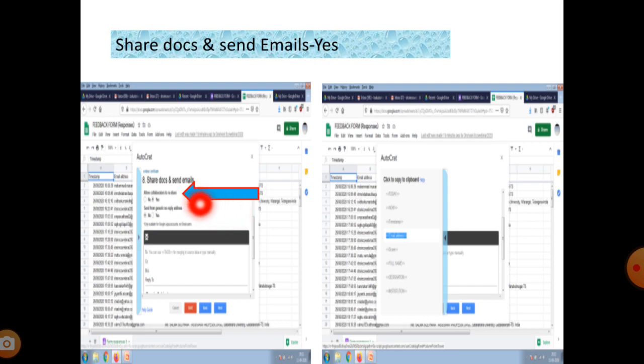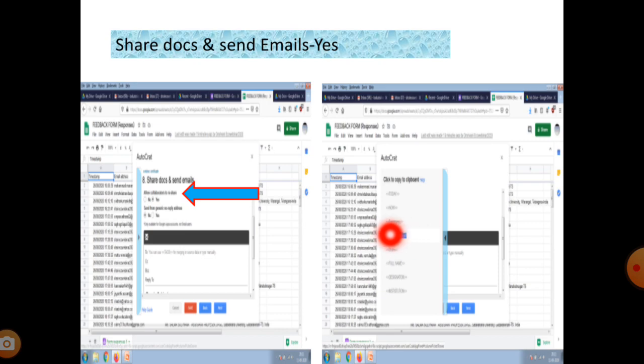In this, add allow collaboration to share. Yes, compulsory, we have clicked yes, add collaborations. Whatever information you have typed, share the information with the participants. That means you don't disable the yes, you must enable it, to collaborate and share the information with the participants. Next thing is, in this field, we should type the compulsory email address.